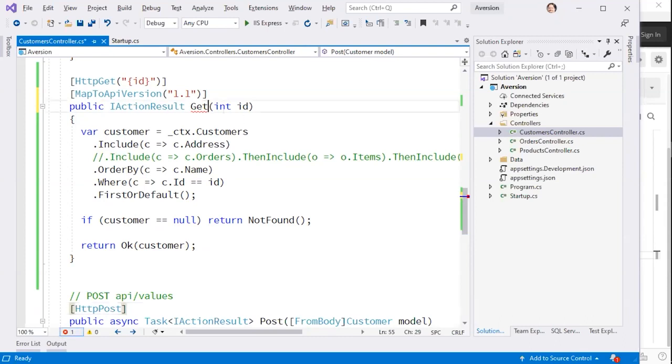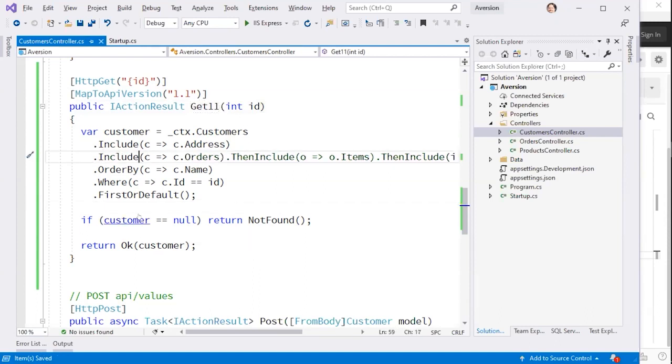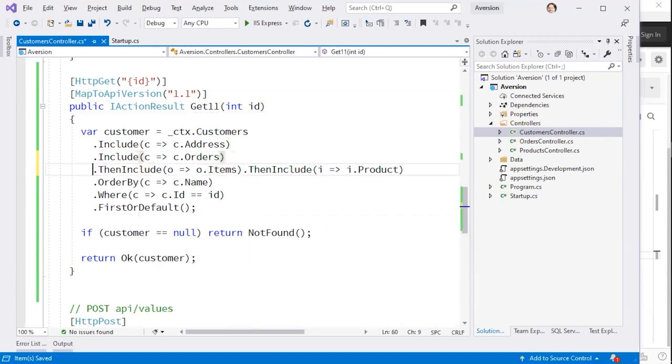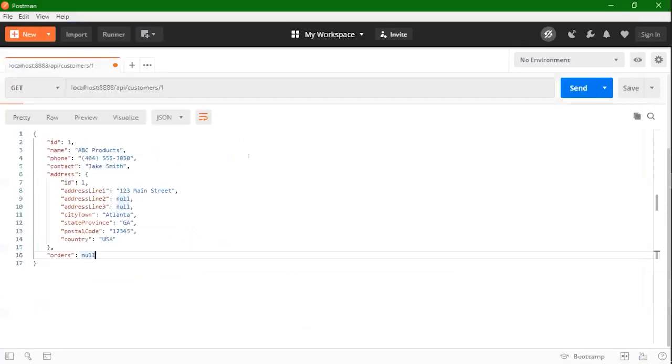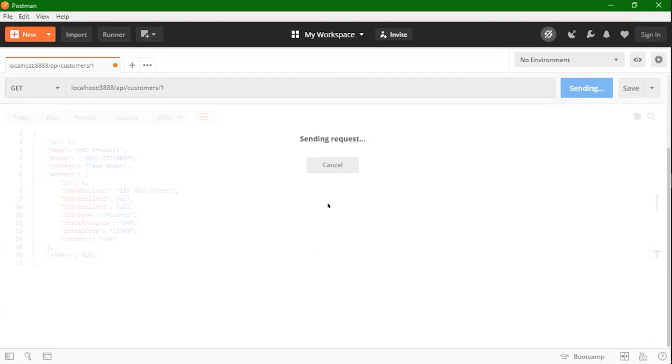So in our code base, we can pick, even at the action level, what to do, to have two versions handled even at the module level. So in this case, I'll just get rid of and add this include, where I go ahead and get the orders and items and products, so that when someone looks at a customer now, they're going to get all this information. And so let's see what this looks like. If we go ahead and send,